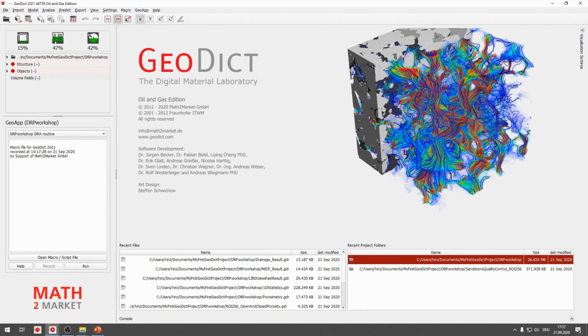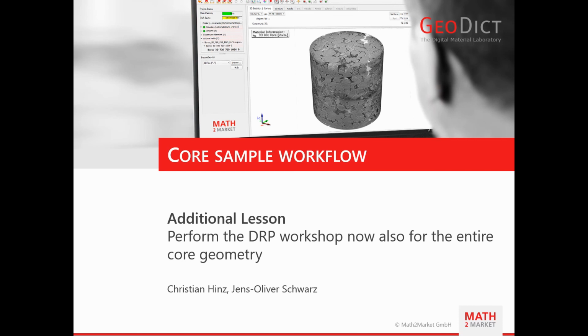Okay, so the next thing would be to go back to the slides. It is also important to know how to perform computations in an entire core sample. So please treat this core sample workflow as additional training for your time after the workshop.